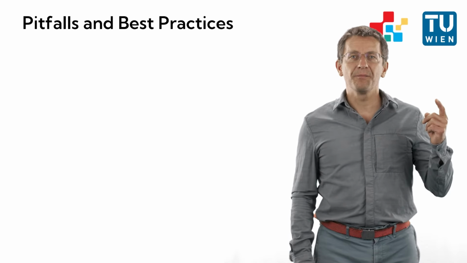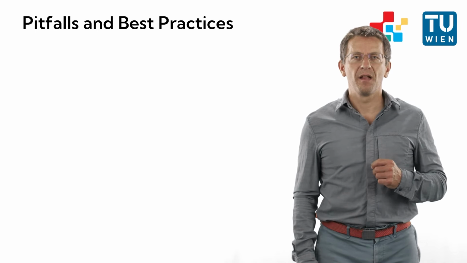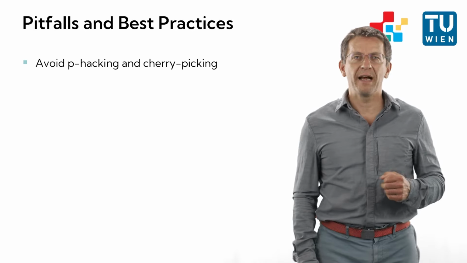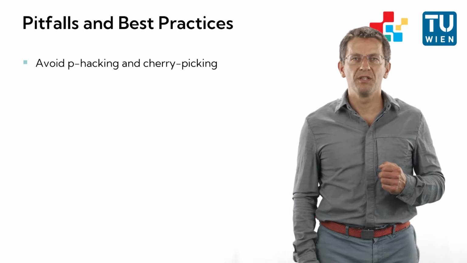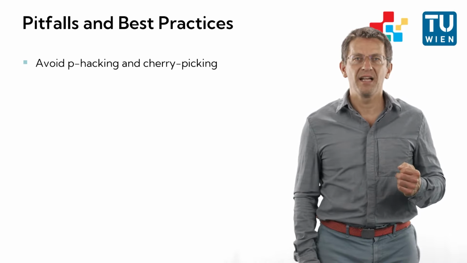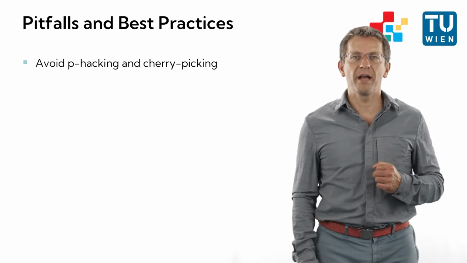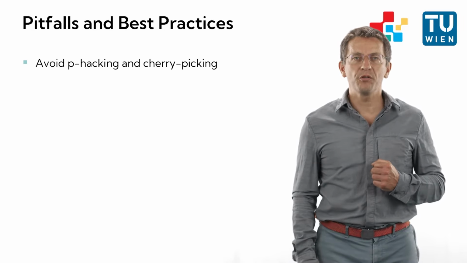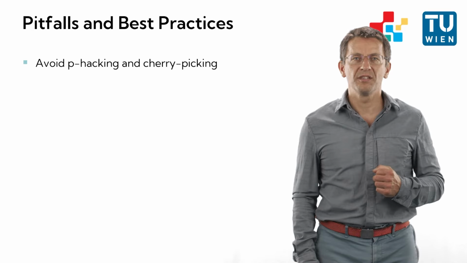A word of warning as you conduct your research. Avoid p-hacking, which means manipulating your data or tests until you get a desired result. For example, repeatedly testing algorithm performance on different datasets until you find one that makes your algorithm look best. Don't share data by selecting only results that support your hypothesis, such as ignoring user feedback that highlights flaws